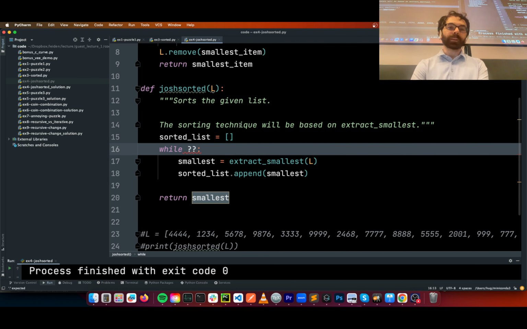We could use a for. I think while actually feels better to me, though. So how long are we going to do this? We have our list. We take the smallest thing out and put it here. So while the list is not empty. Yes, right. So while